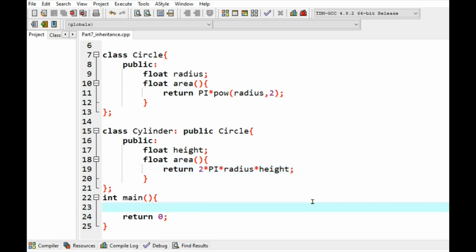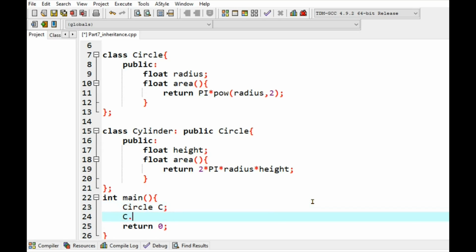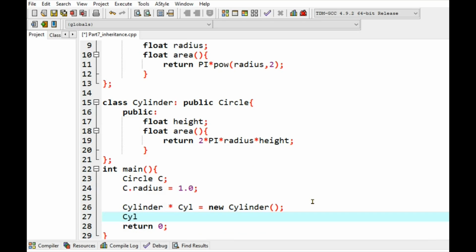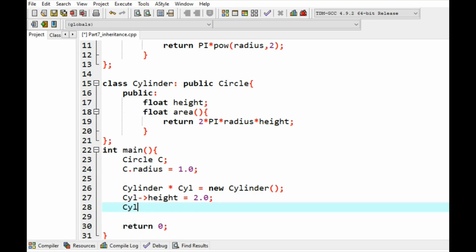Let's now verify the code. So I can create a circle object, let's say circle C, and C dot radius is equal to 1. And to have a cylinder object, I can have a pointer instead of an object. So let's say CL is a pointer that points to a new object of cylinder. And the height should be cylinder pointer dot. Unfortunately, the dot operator does not work for the pointer, so we have to replace it with the arrow operator. Height, let's say, is 2.0, and let's say the radius is